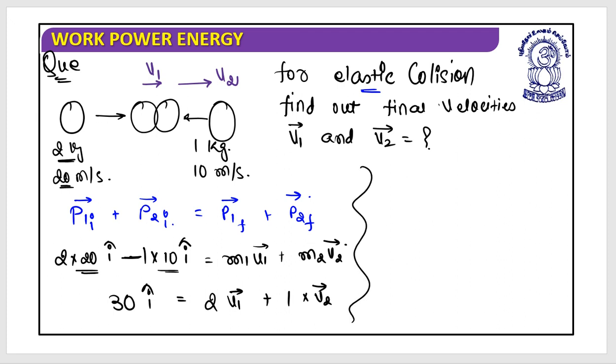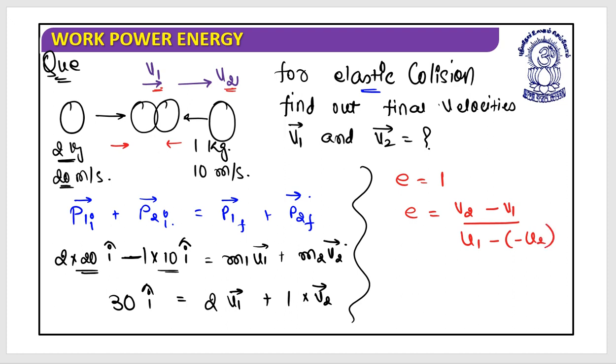One more thing: it's an elastic collision, and when it is an elastic collision, e would be equal to what? So I can have e, the velocity of separation, v2 and v1. I have assumed that both are moving in the same direction, so their relative velocity of separation can be written as v2 minus v1, divided by the velocity of approach. Now look at this, it is moving in this direction and that one in this direction, so what I need to write is u1 minus u2. I hope you understand this.